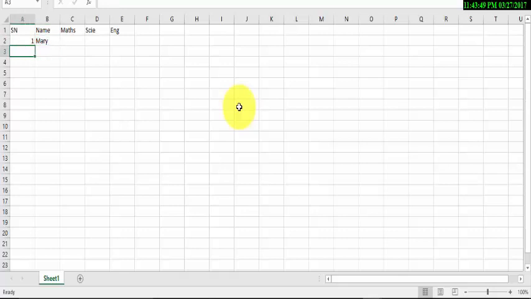Then we go to number 2. We have Gideon. Sorry, the spelling is not okay. Gideon should be like this. Okay, Gideon like that. Thank you. Then we look at number 3, Misa. Then number 4. We are saying these are pupils who wrote the test and the teacher is now